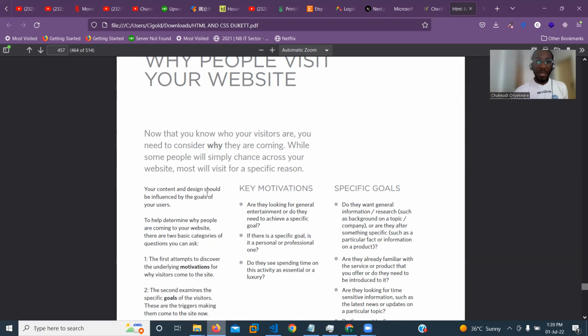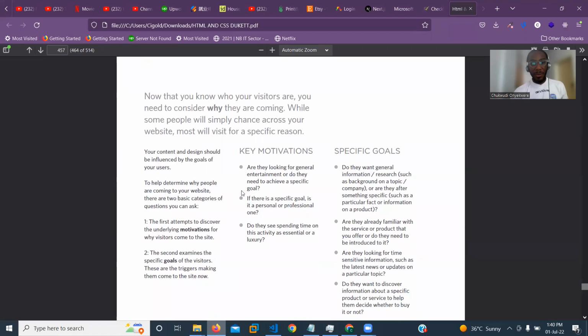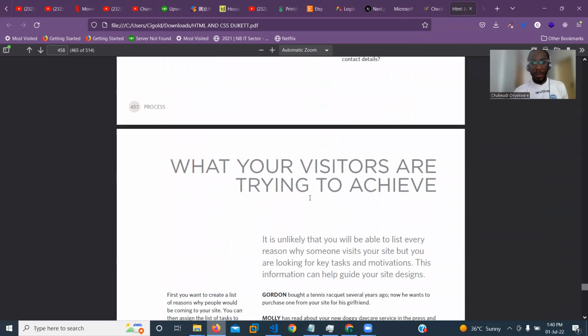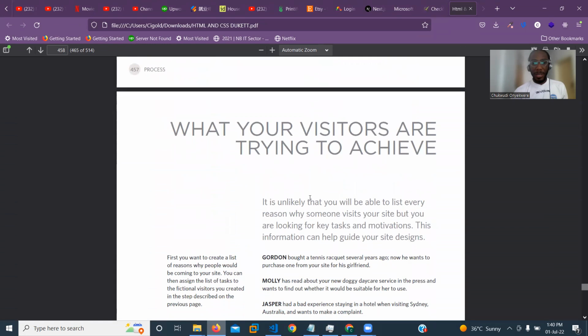So these are some of the things that we look at while building websites for a client or for yourself, or you want to build something that's supposed to attract a certain type of people. So these are things that you put in mind. There are various reasons why people visit websites. So you guys can read up all this. This is just basically all about reading